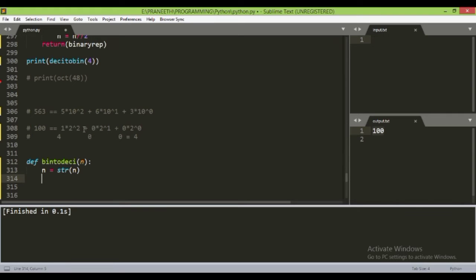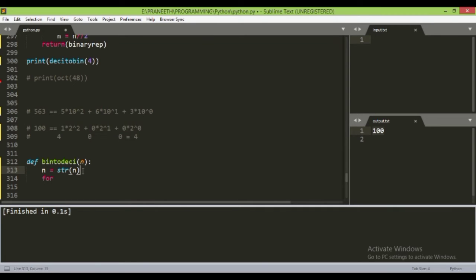So for this, to compute the value of k, let's take a for loop to loop over the representation of this binary. For example, if we take 100, then we will loop over first element, second element, third element, and then multiply it and sum it to represent the decimal format.